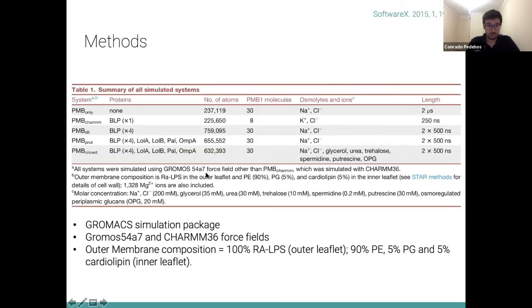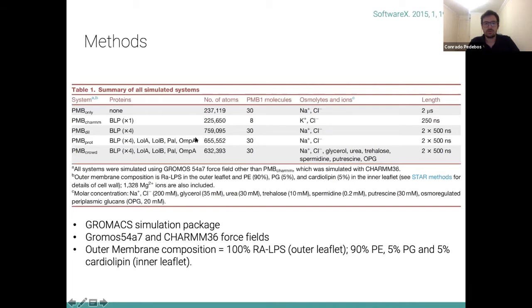So just to give a summary of our simulated systems, we did one control simulation of polymyxin in water and ions only. Then we built increasingly complex versions of the cell envelope. First, we have one system with only one Braun lipoprotein and just 8 polymyxins. Then we expanded this to a system with 4 Braun lipoproteins,